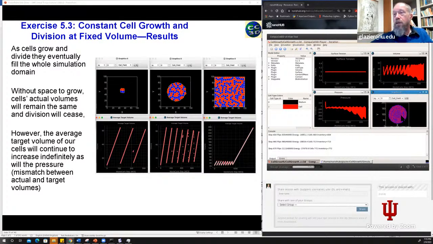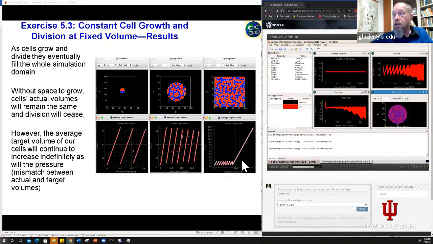So I apologize for keeping people waiting here. But what we should see, and I'm not plotting the target volume here in my graph, I didn't create that one, but if I were to run this as the instructions were given, and we're almost out of time, so I don't want to do that now,